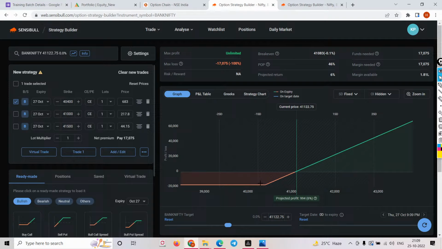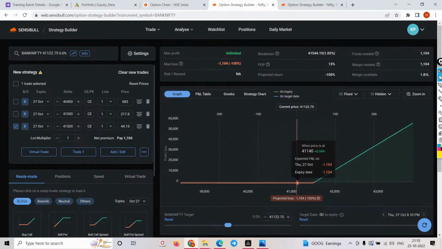Yes, if someone is very good at price action, if he is able to get the quick movement of the market, they can go for in the money. But if someone is very bad at price action, if you're not able to get the view or direction of the market, if you're not able to get that momentum, don't even think about in the money. Don't even think about at the money. At least play safe. Go for OTM if you're not good at price action. Check the probability. Though your probability is low in the OTM, your loss is also low. Though you have unlimited profit, it all depends. Your break even will increase. Your break even is how much? 1.02%. Your profit will start in the OTM.